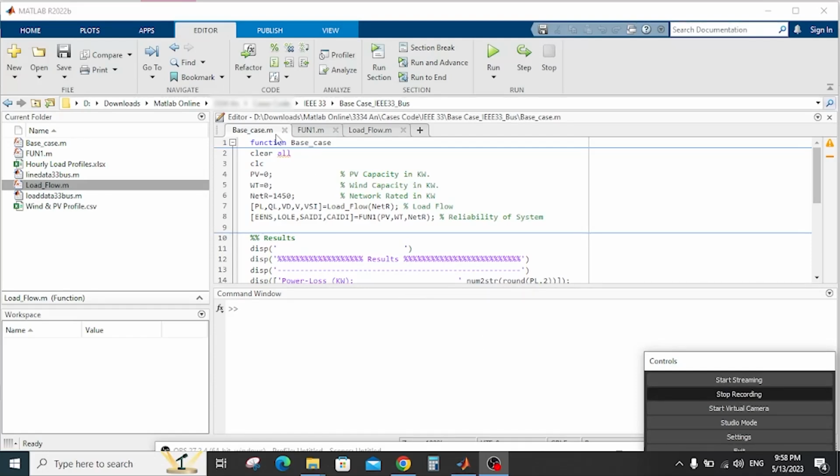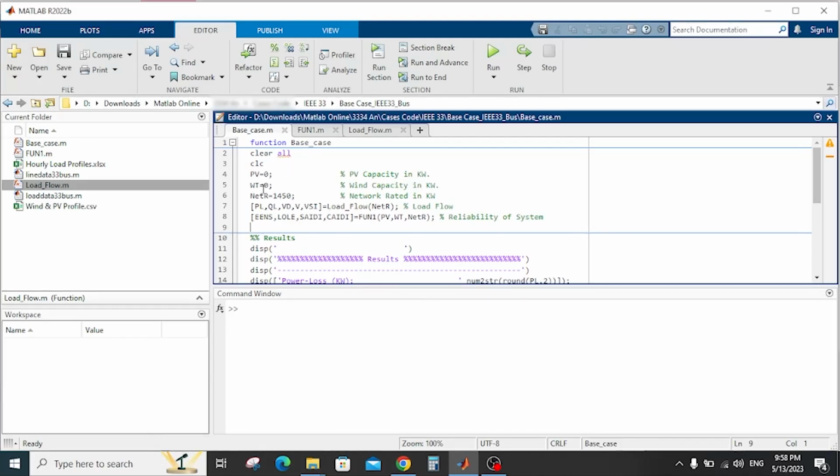We return back to the base case scenarios. This is the main file. In the base case scenario, we have some assumptions. The PV capacity is 0 and the capacity of wind is 0, and the network rated is in kilowatt